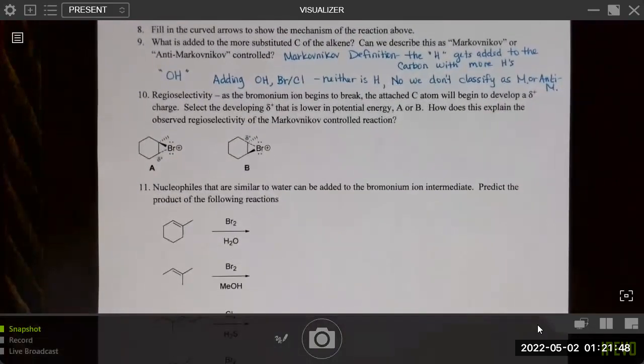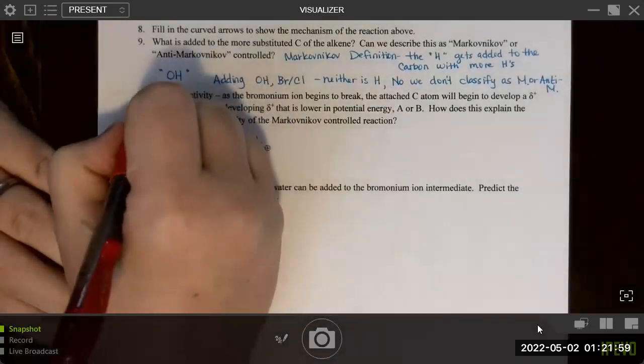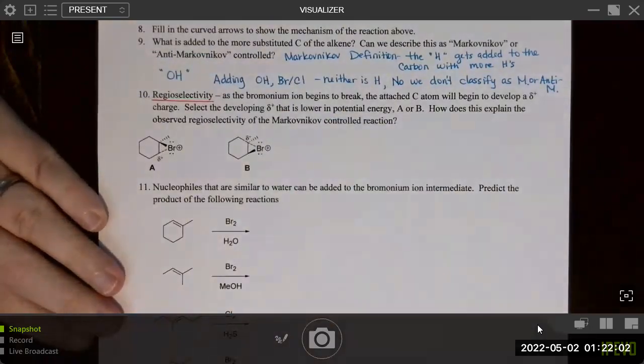So we just need to remember that the OH gets added to the more substituted carbon and the halogen gets added to the less substituted carbon. So that does mean that the reaction has regioselectivity, because if the OH got added to the less substituted carbon and the bromine the more substituted carbon, that would be the opposite constitutional isomer, also known as regioisomer, and therefore we would get a different product.